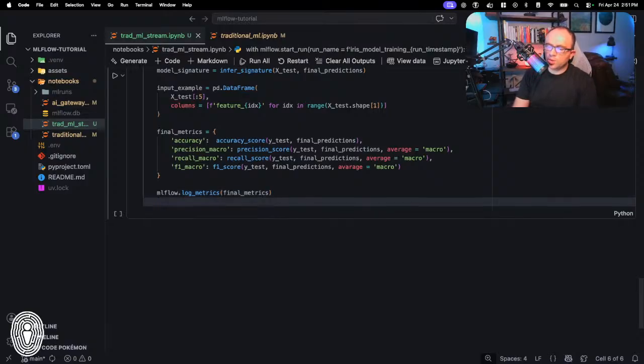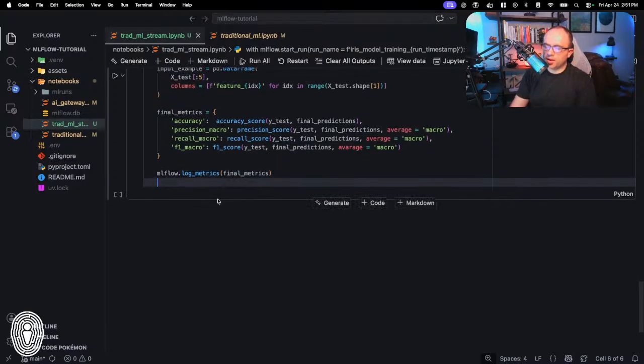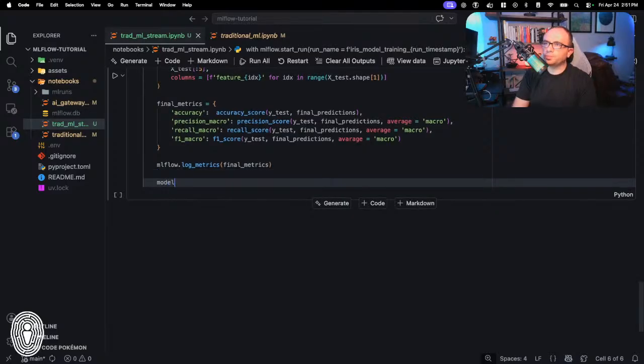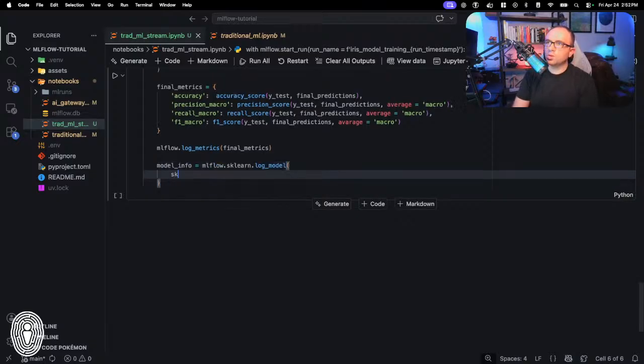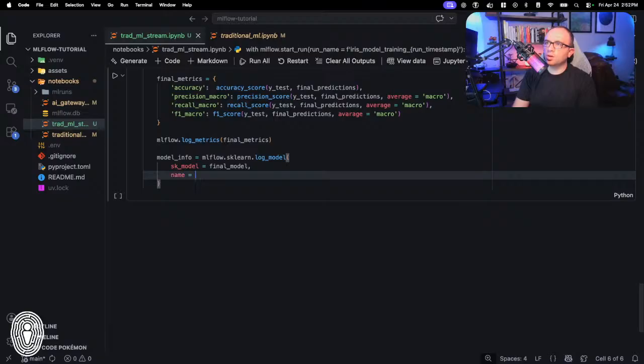All right, so then let's actually log this model out. So let's say model_info equals mlflow.sklearn.log_model. We're going to say sk_model equals final_model. We're going to say the name, I'm going to call it iris_model. Doesn't necessarily matter, this is just kind of a metadata thing.